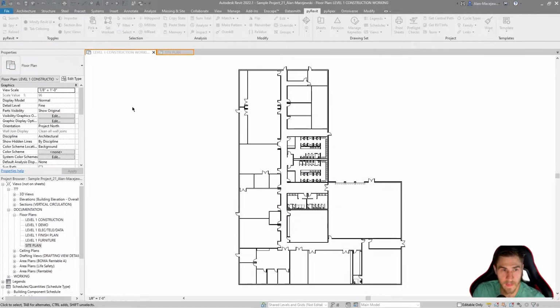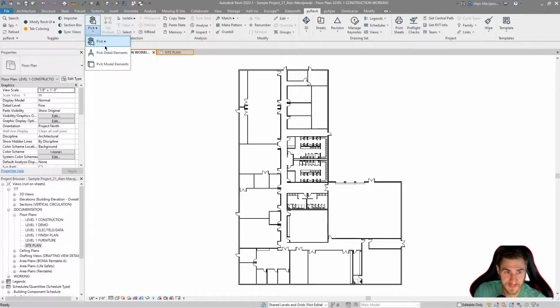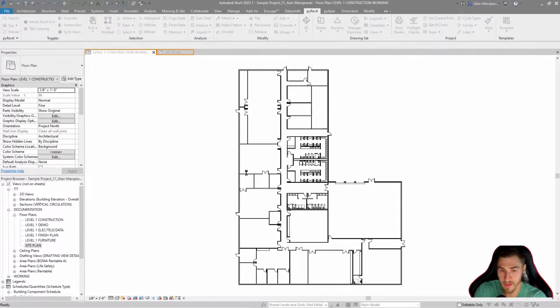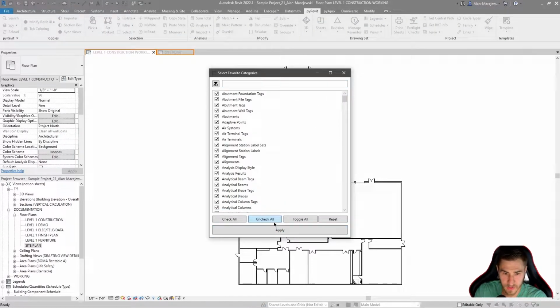So what I like to do instead is go ahead and clear out my favorites, which would then prompt what is currently in my view. So let's uncheck all of those,